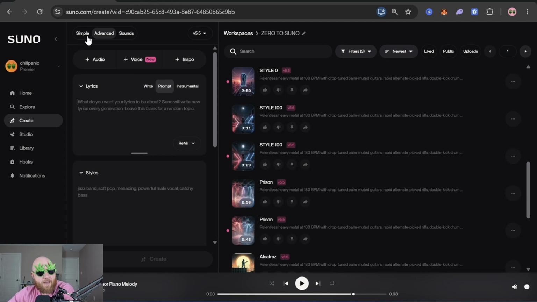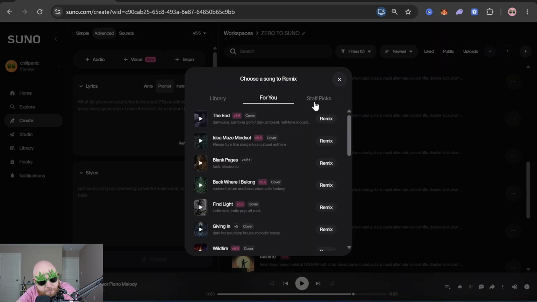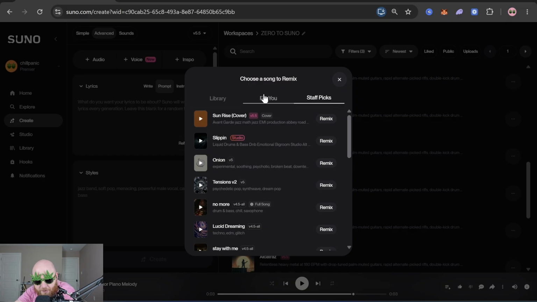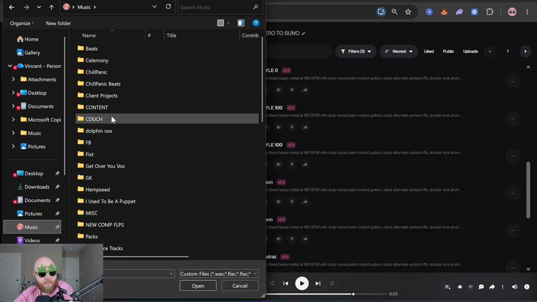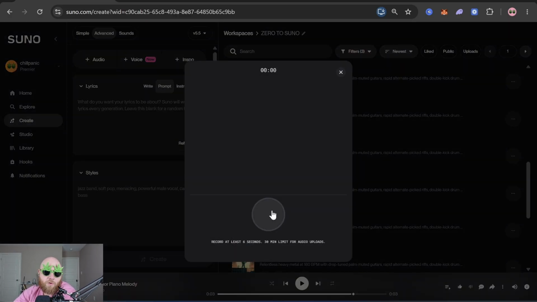If you want to add audio, you can go to this plus audio section in the advanced tab. You can either browse, upload, or record. Browse is just browsing your own generations or other songs from other people if you want to remix other people's songs. And if you click upload, you can upload your own music. So like if you've recorded a song or a demo or something like that, or you can even just record